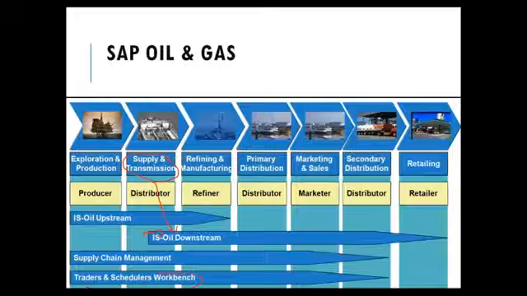So the TD and TSW, these are the major modules in IS-Oil. This is mostly about the scheduling and planning, how you schedule the nomination. Which product from which plant it has to be picked up, from where it has to be picked up,